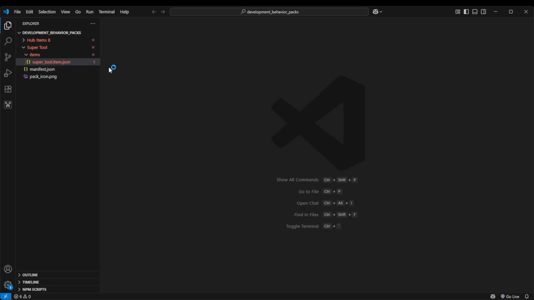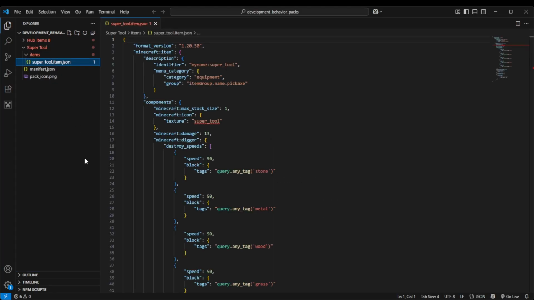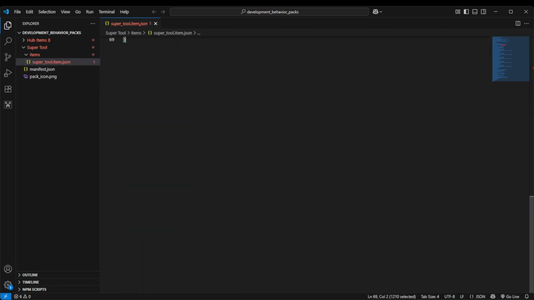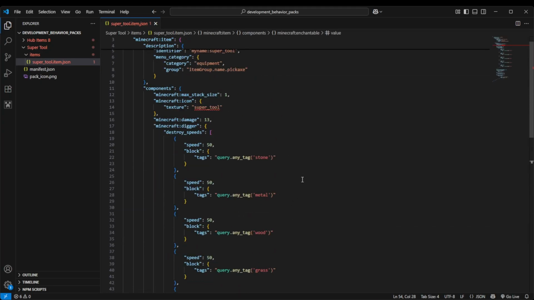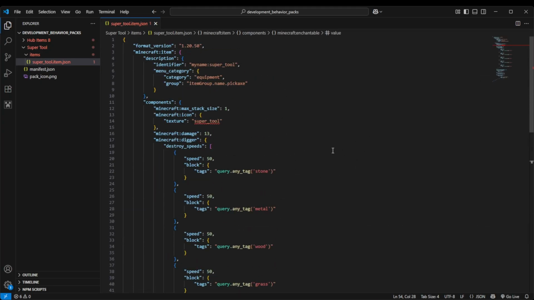Okay, so the next thing you want to do is just click super tool. You just click it or drag and drop it, doesn't matter, whatever works for you. All this is the behavior of the item. So this is telling the game what you want it to do and what its abilities are. So this is like a pickaxe, basically. It's item group name .pickaxe. I'm not going to go over custom categories in this video, but anyway,